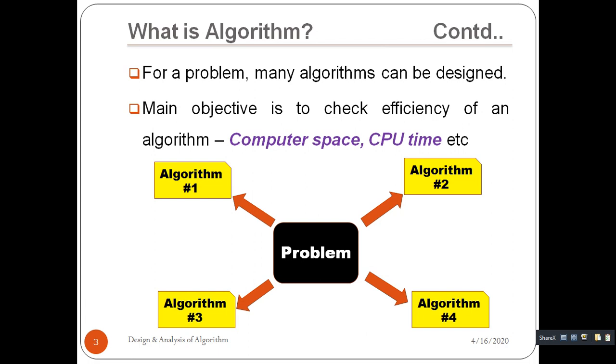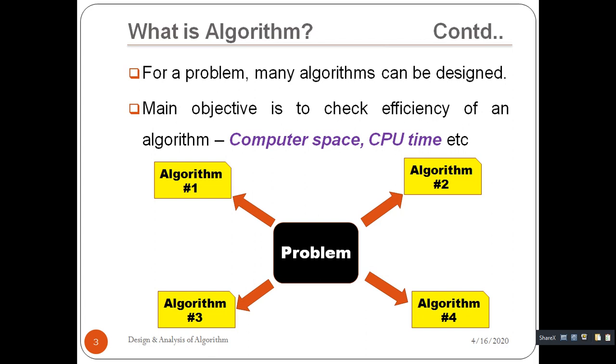For example, take an algorithm to find the addition of 2 integers. Let's say student X writes the algorithm like this: Z equal to X plus Y, where X and Y are the input and Z is the output. And student Y writes like this: Z equal to X plus Y plus W minus W. Again it is doing the same task, addition of 2 integers, because plus W and minus W cancel out, and obviously it is the same as the earlier expression, Z equal to X plus Y.